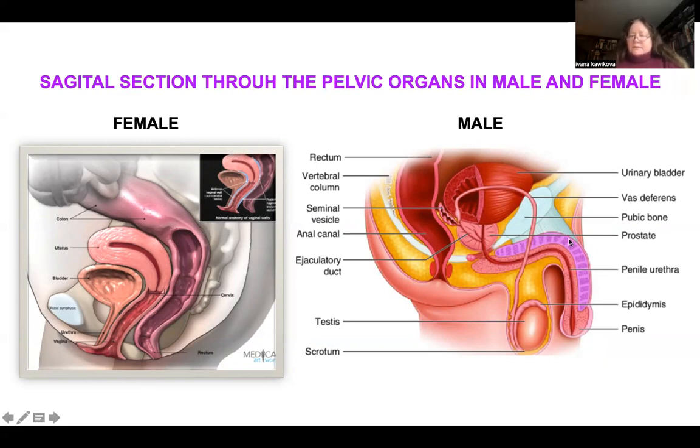In men, the situation is different. Here you have the bladder, and you see already at first glimpse that the urethra is much longer, and there are also physiological bends of the urethra. It's not as straight as in women. And the other big difference, not only the length, but the other big difference is that